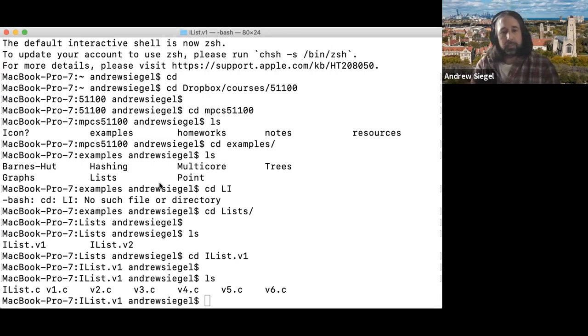In this video, I'm going to show the implementation of a simple list in C of integer type. And I'm going to do it like I do a number of the examples, and I'm going to build it up over a series of versions. So you can see here in the directory, I have V1, V2, V3, and each version just adds a little bit. So maybe it's easier to follow, or maybe when you go through it yourself, it's easier to see how it gets put together. So let's start by looking at version 1 of the list, which just defines the data